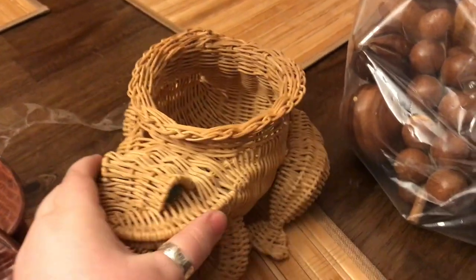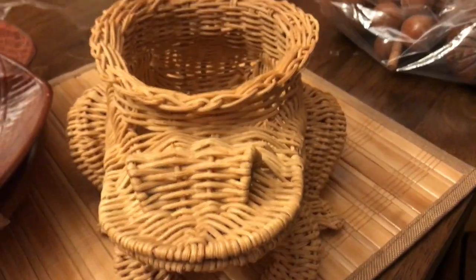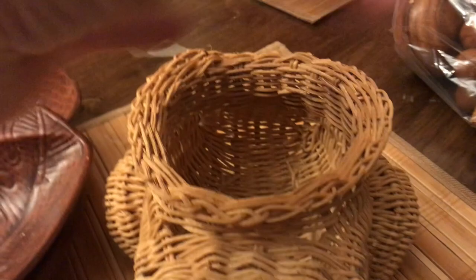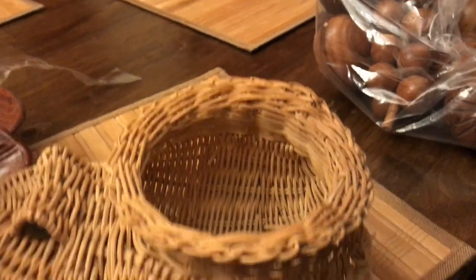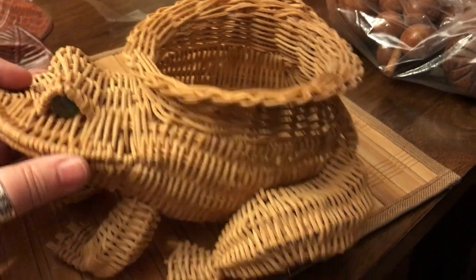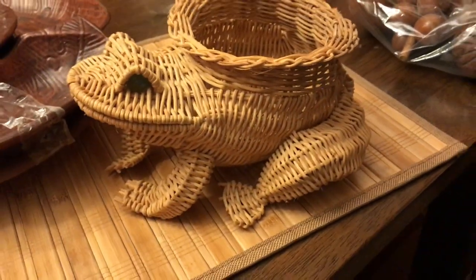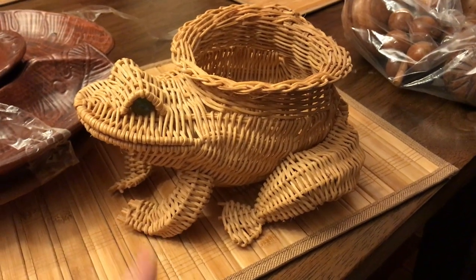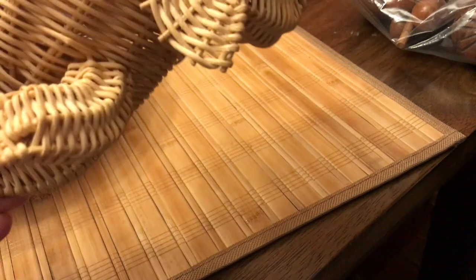Next, this guy, and I love him. He's meant to hold a planter, actual, like, I could say a little terracotta pot with a plant coming out of him, out of his back. It's great style. I found a woven piece, I believe it was in last week's haul, that was made by Shanghai